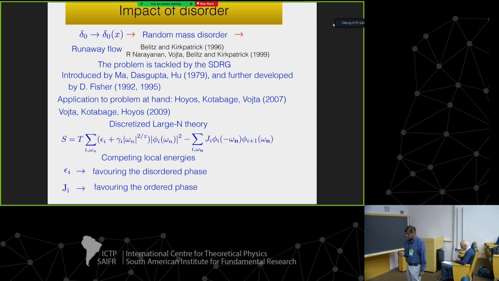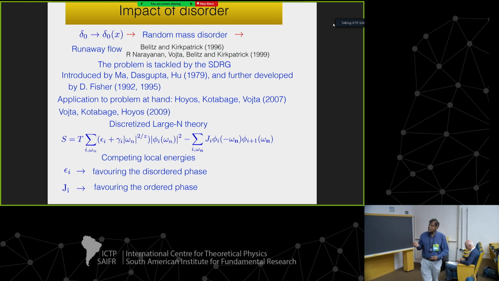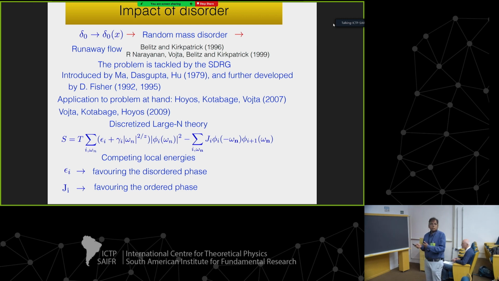this audience, that is Thomas and Jose, came up with a very novel way of actually dealing with this problem. So to get around this concept of runaway flow, what they did is try to do a variation of the real space renormalization group, the strong disorder RG, that was actually first invented by Dasgupta and Ma and then later refined by Daniel Fisher in the study of transverse field Ising models in the presence of disorder.